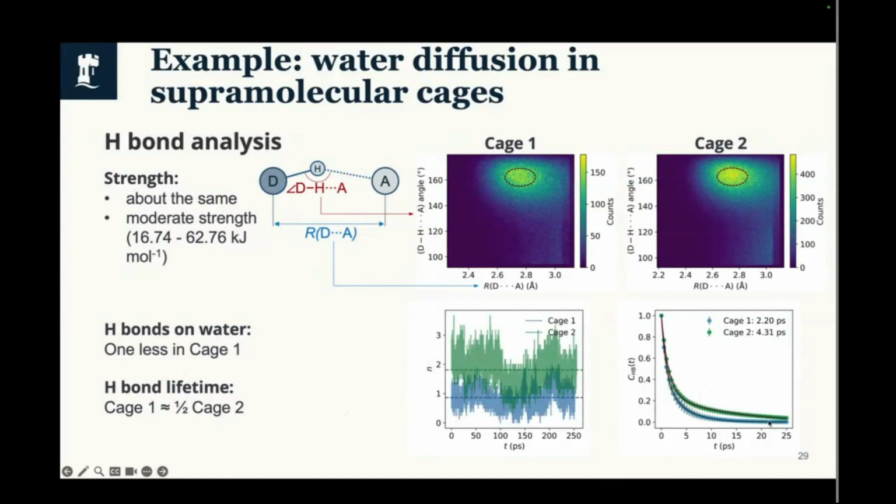So it's basically an exponential decay, and the lifetime is the lifetime of the fitting exponential function. We also calculated the hydrogen bond numbers on water, because we're interested in the water diffusion, and we found that on average in case 2 there's one more hydrogen bond on the water molecule, which resulted in a much longer hydrogen bonding lifetime. This explains why it moves